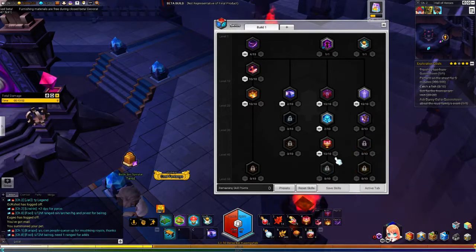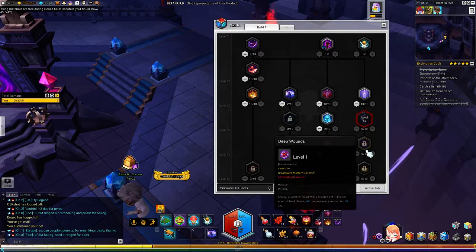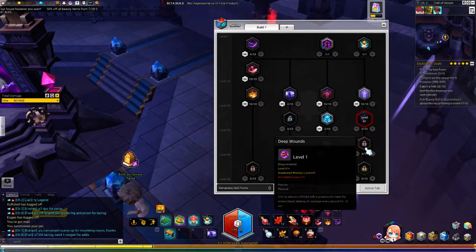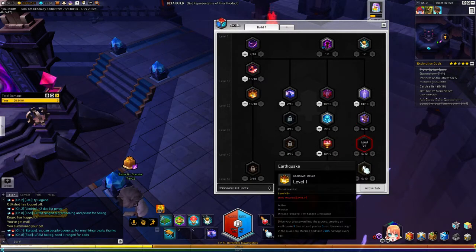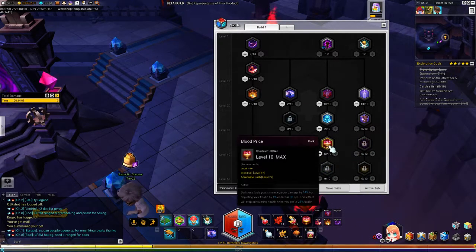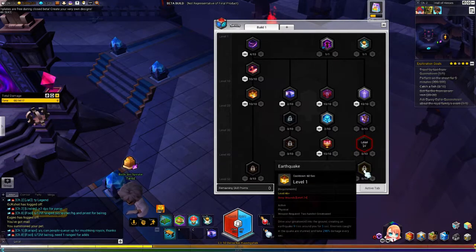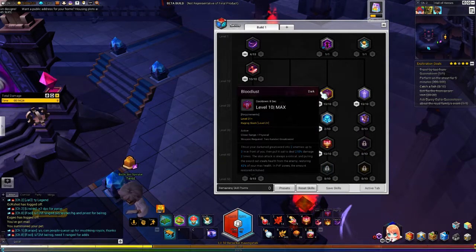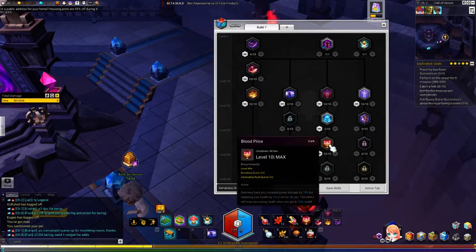You could argue about having Deep Wounds, for example, if you go further down, having Deep Wounds at level 3 or up, then your bleed will take 10% damage for 10 seconds. But I feel like placing bleed and such isn't really that great when I can just increase my whole damage by 14% instead. And obviously having Earthquake, etc. But that's even more buttons to press. For me, I feel like 2 buttons, including 1 extra button for every 8 seconds, and then 1 buff